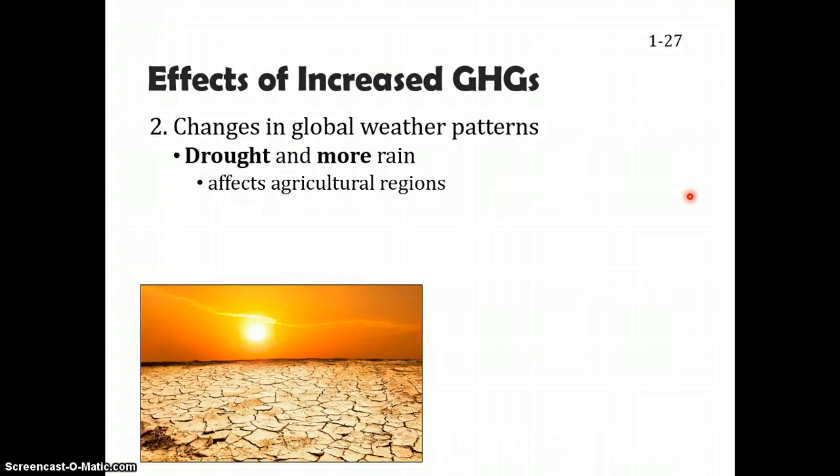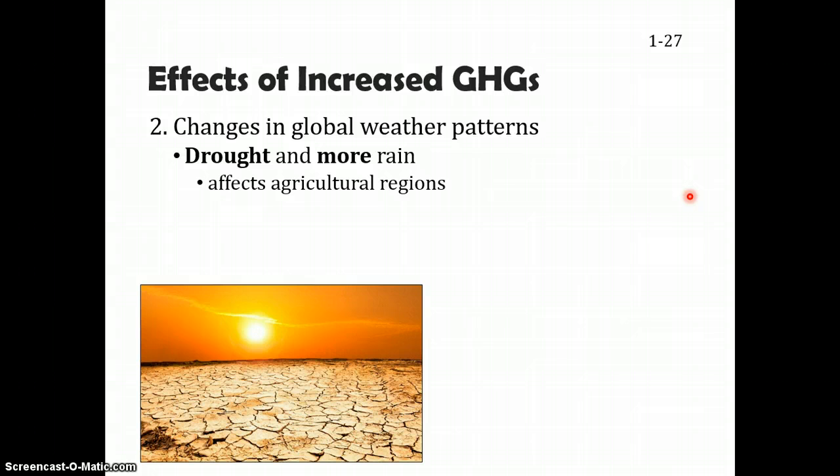So, in areas that are already dry, such as our deserts, there's already a lot of evaporation that happens. Well, with it being warmer, even more evaporation happens. That water has to go somewhere, and even without global climate change, that water gets pushed to temperate regions like where we live and to tropical rainforests. So if more water is being sucked out of deserts and out of dry areas, they're going to experience more drought, and that water is then going to go to other regions that already get rain, so they're going to get more rain.